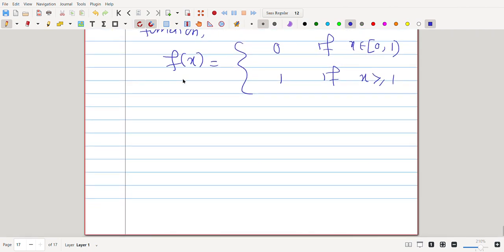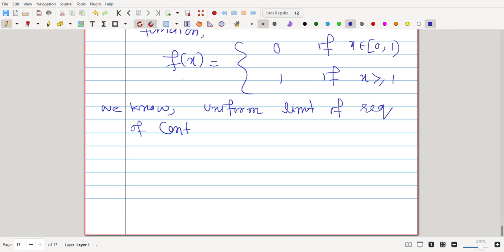Now you can use directly a result that we know: uniform limit of sequence of continuous functions is continuous, but here the limit function is discontinuous, hence the convergence is not uniform. But if you do not want to use it, you can just do the definition. Okay,